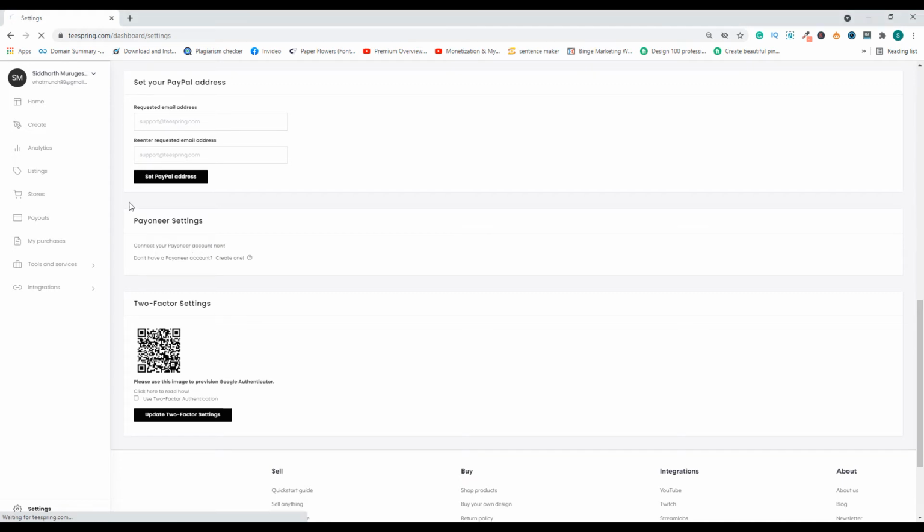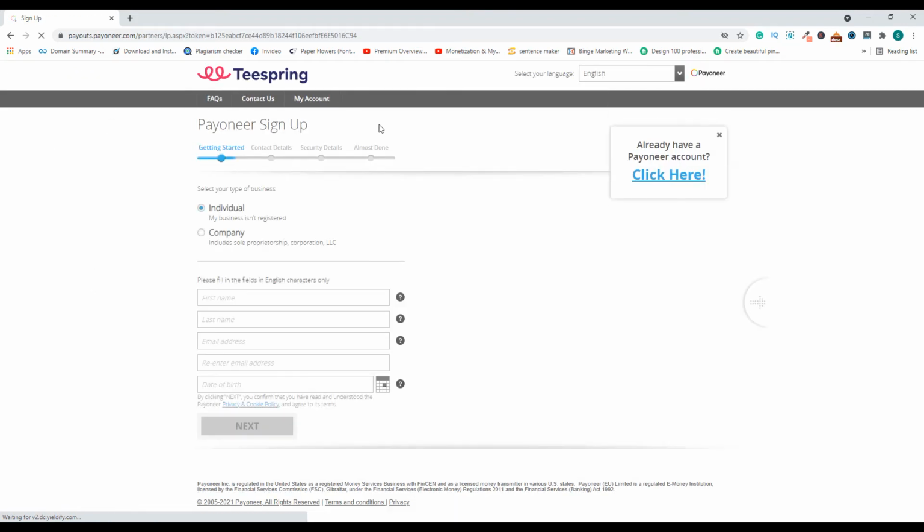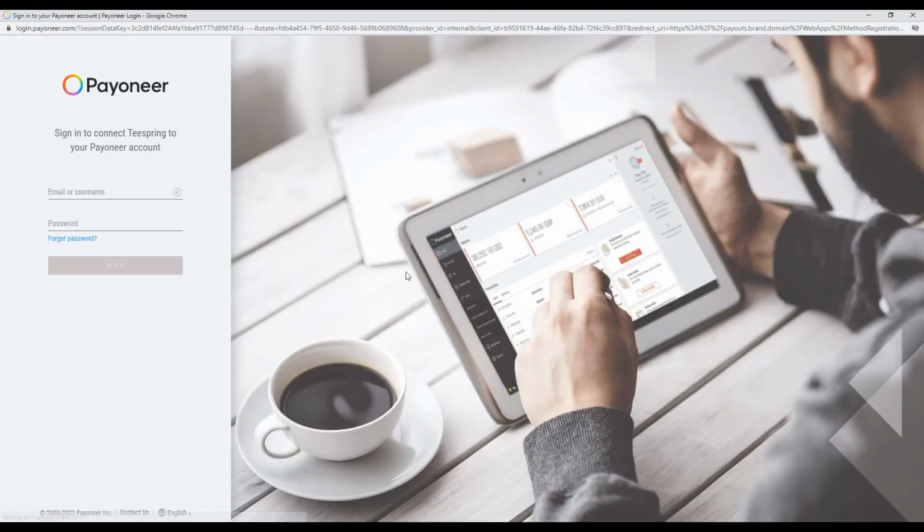Once you click that, it will redirect to another page. Basically it is going to take you to the Payoneer sign up page. If you already have an account, then click this button: Already have an account? Yes, click here. Once you click that, it will pop up another window asking you to sign in. Since I have already connected my account to another Teespring account, and this is a demo account, I'm not going to do that.